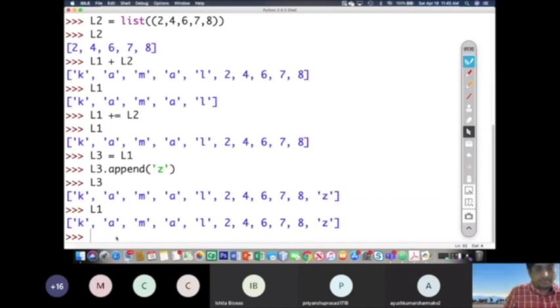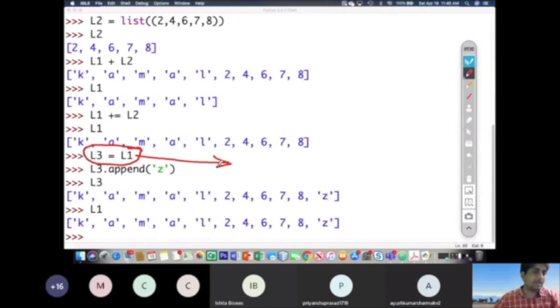L1 will be changed. समझ में आ रहा है? इसका मतलब क्या हो गया, जरा बताइए मेरे को. इस असाइनमेंट में क्या खासियत है? ये जो असाइन हमने किया है, ये very important point है to be noted. What is the significance of this assignment? L3 is equal to L1 जब लिख रहा हूं मैं, तो क्या हो रहा है? Can you tell what is happening behind the scene? रितेश, over to you. What is happening here?